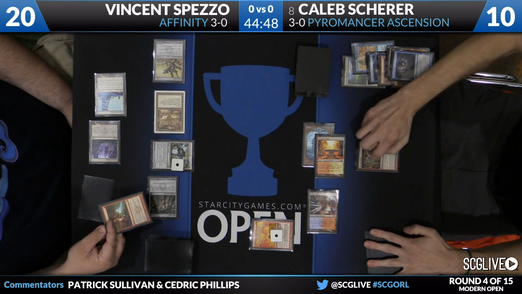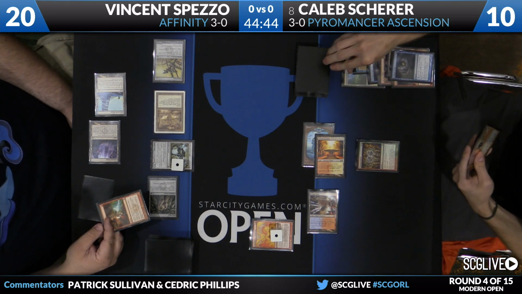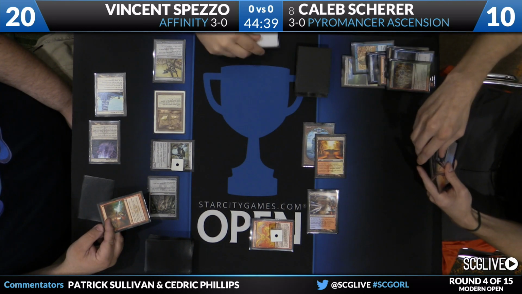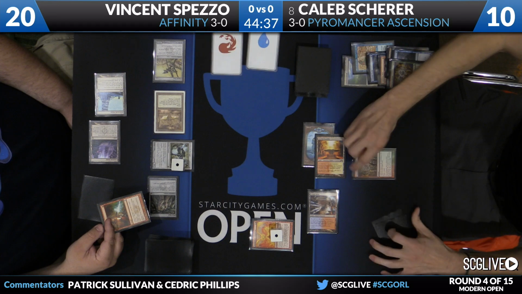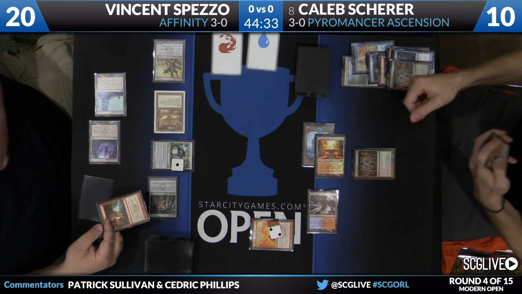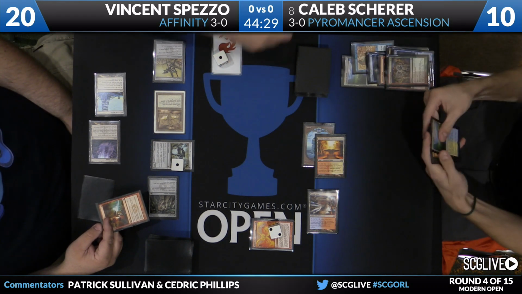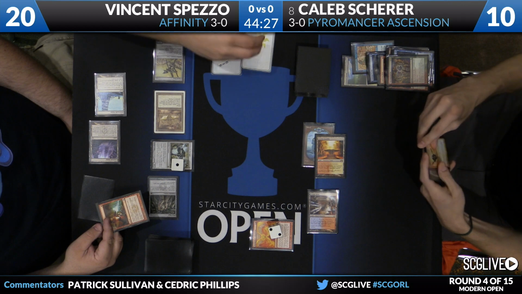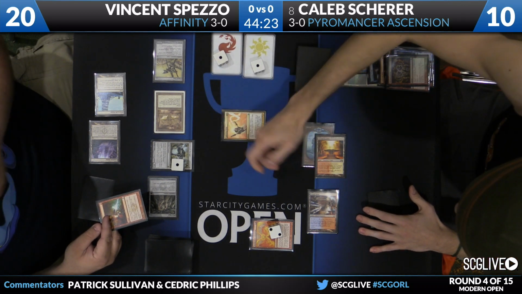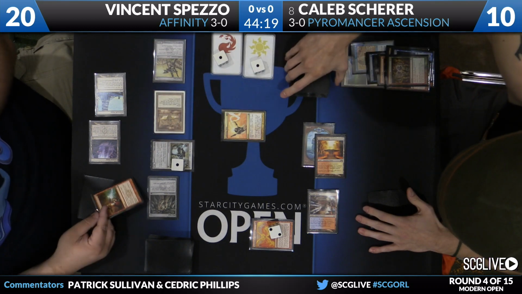Caleb will play Manamorphose. He's going to add some colors of mana, of course, and draw a card. Polluted Delta. He will Manamorphose again. Second counter. Draw a card. Lands are not what the doctor ordered here. He's got a red-white floating now. Now he's going to play Lightning Helix. Curious to see what the targets will be. He's going to target Signal Pest and